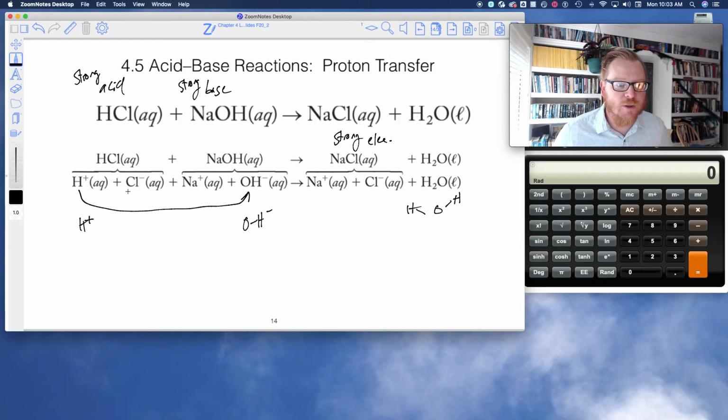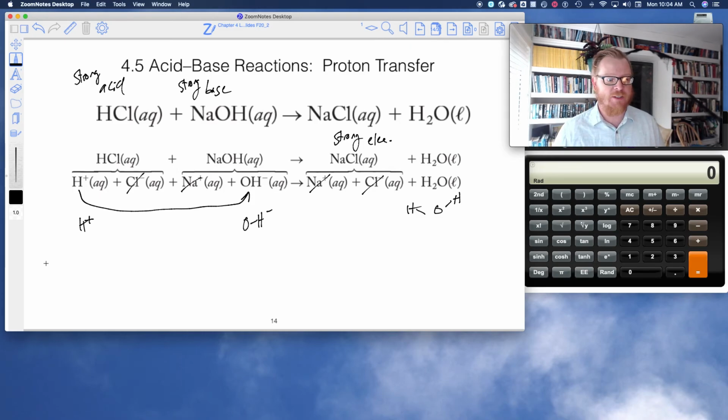Look, I've got chloride on the left side of this reaction, and I've got chloride on the right side of this reaction. So just like in a mathematical equation, when the left side equals the right side, they cancel out. And look, I've got sodium plus on the left side of the reaction and sodium plus on the right side of the reaction. So another acceptable shorthand way of writing this reaction, which is the reaction of any strong acid